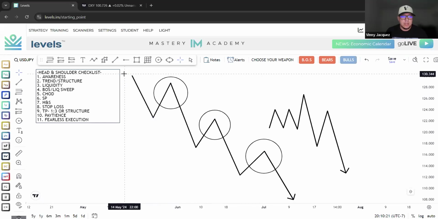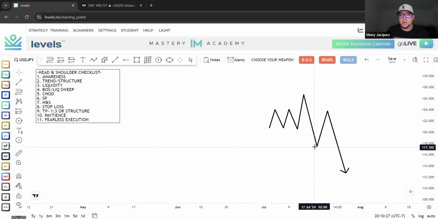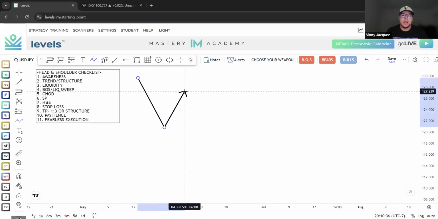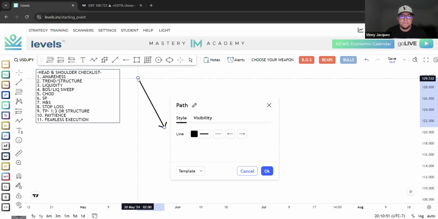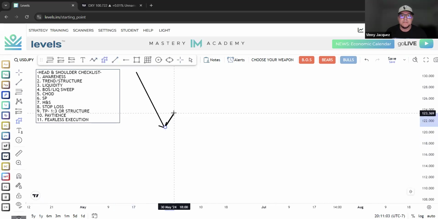So I'm going to go ahead and delete this stuff real quick, and break down this pattern and how we can find it. As the market is giving me some bearish momentum, we're getting a lower low and a lower high. Now, this is the thing, guys. At this point right here, this is my lower low. As the market is starting to pull back, this is where we need to focus